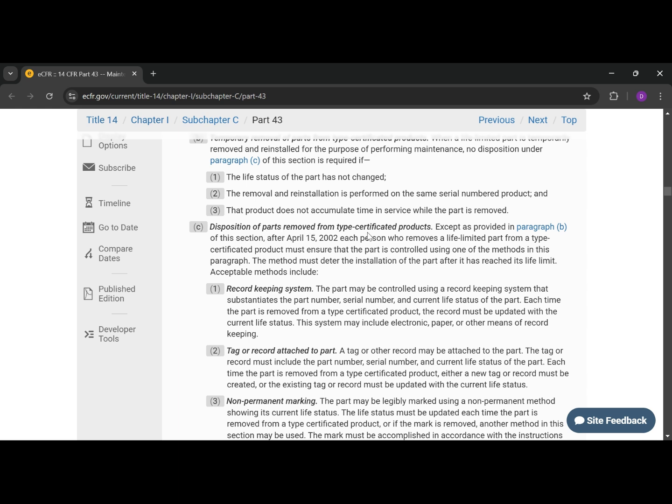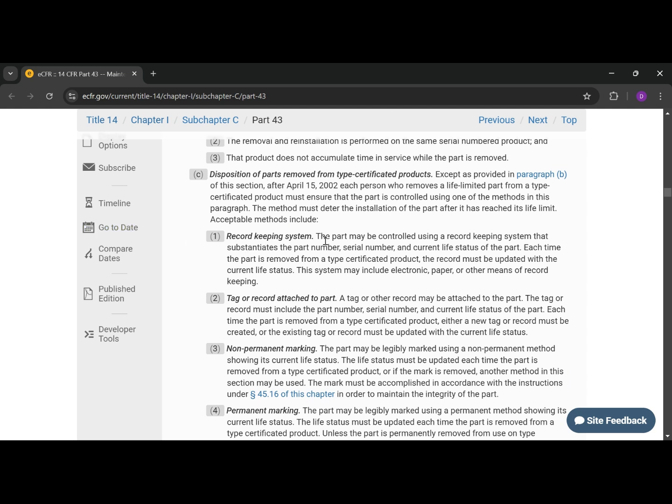Disposition of parts removed from type certificated products. Except as provided in paragraph (b) of this section, after April 15, 2002, each person who removes a life-limited part from a type certificated product must ensure that the part is controlled using one of the methods in this paragraph. The method must deter the installation of the part after it has reached its life limit. Acceptable methods include: